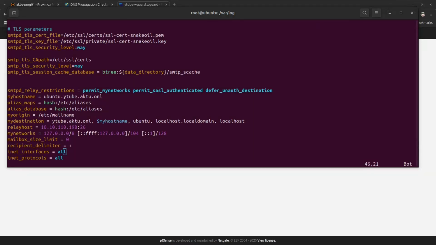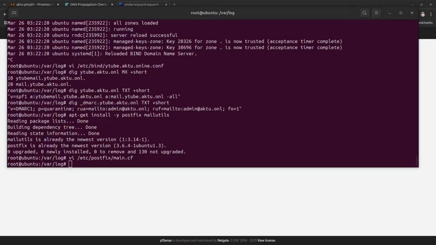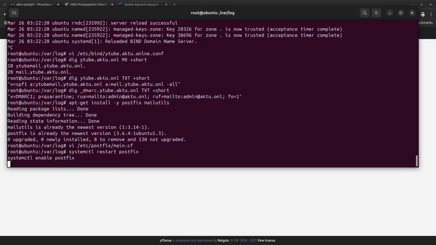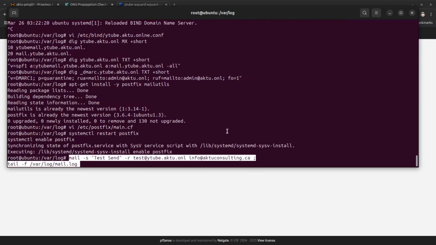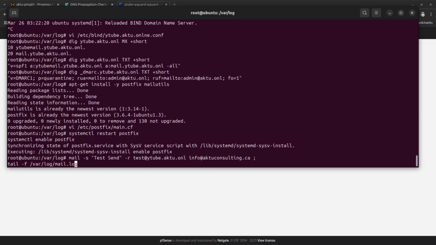Okay. And if you're looking at my command after this, I'm going to go ahead and restart and enable postfix. I don't think I've actually done these two. So this is a test box I have. This is actually my DNS server as well, for this video series. And then we can do the test of sending a mail itself. So if you look at the last command I have in the PDF document,